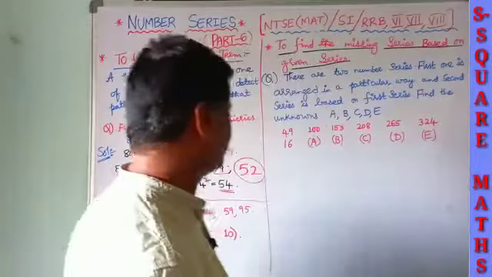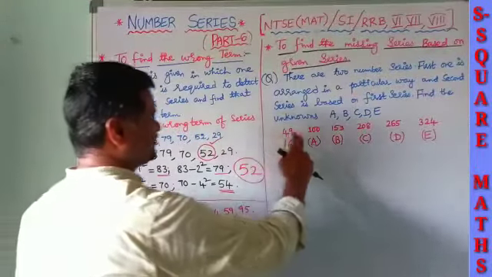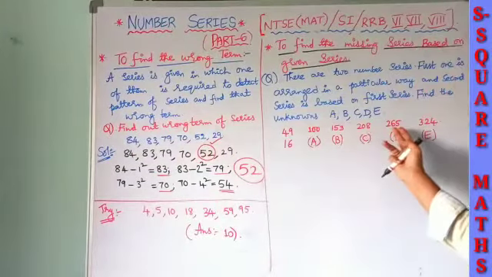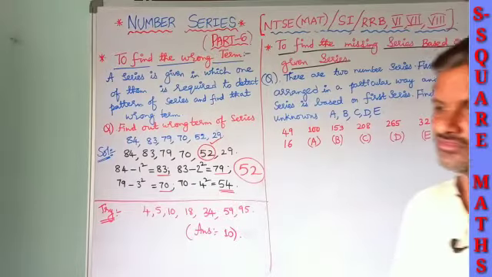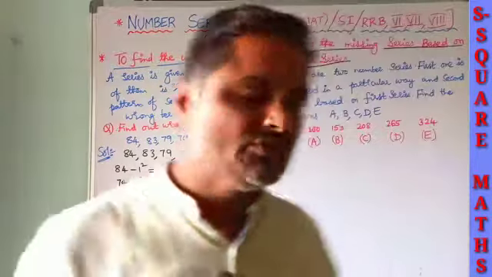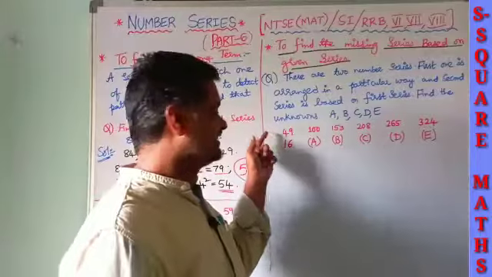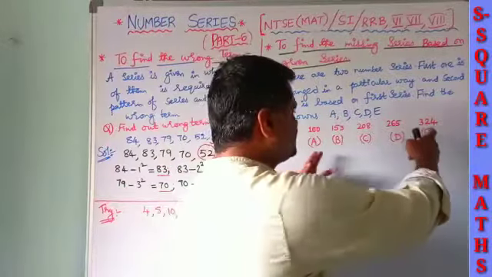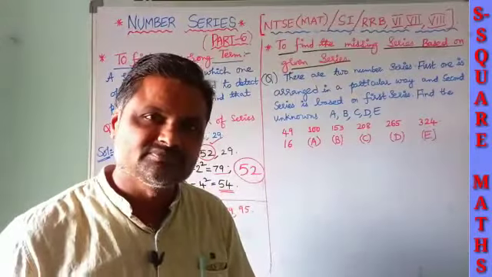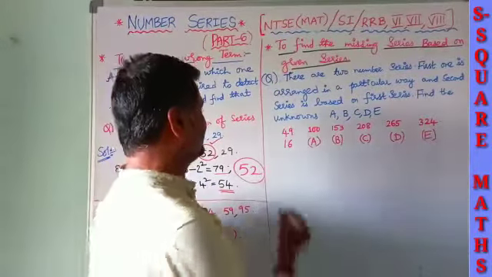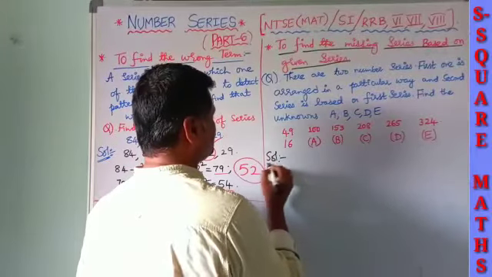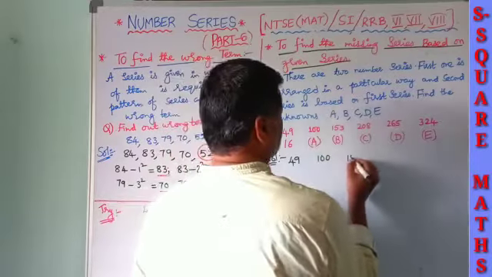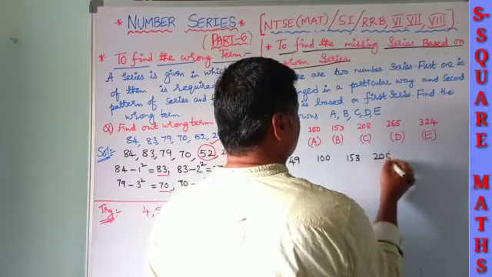If you observe carefully here, the first series given is 49, 100, 153, 208 and 265 and 324. That is the first series. Using this first series and the first term of the second series, you have to determine the unknowns A, B, C, D, E. So if you observe carefully here, the solution follows. So let us write some of it here to get a better idea of this series.